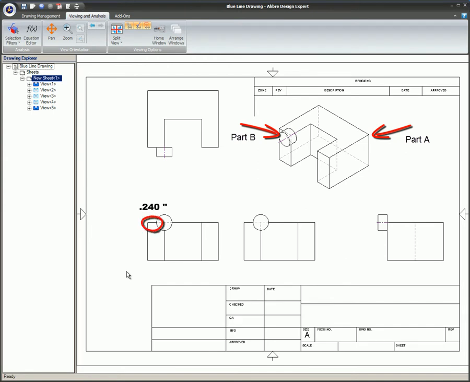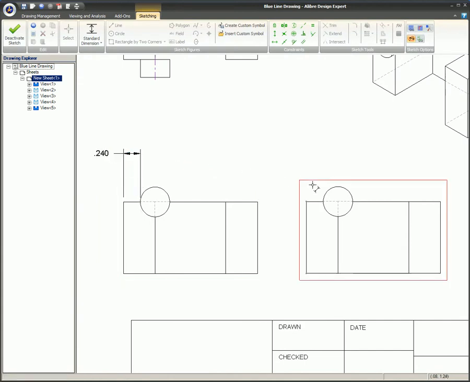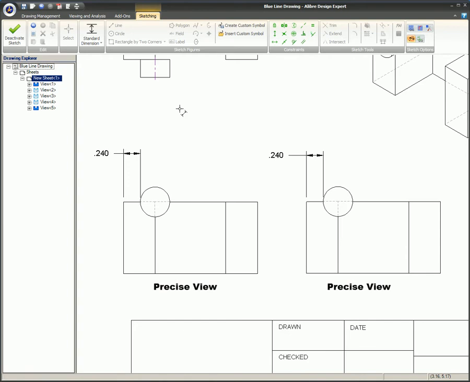240 thousandths. Precise view. When the edge is dimensioned, Alibre will break the line into what the user can see and what the user cannot see. A section of the edge behind Part B is not visible, so that section of the line is not shown. When the edge is dimensioned, since the edge is sectioned, the dimension will be for only the visible section of